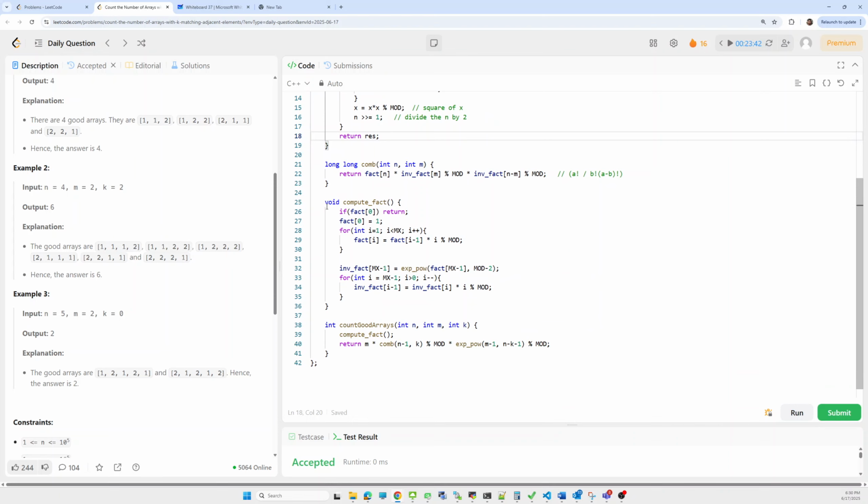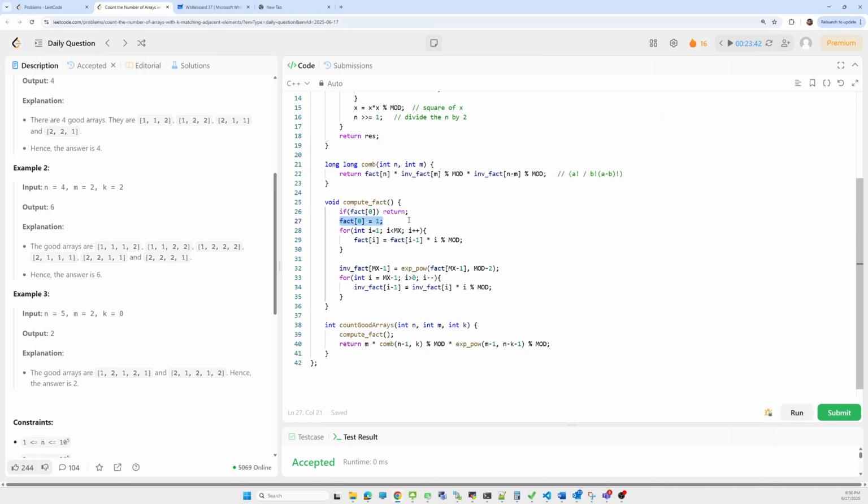Now the second step is to pre-compute the factorials. We'll talk about later why we are applying this statement, that if factorial of 0 is 0 already, then we have to return. So first, initially we have to calculate all the factorials.